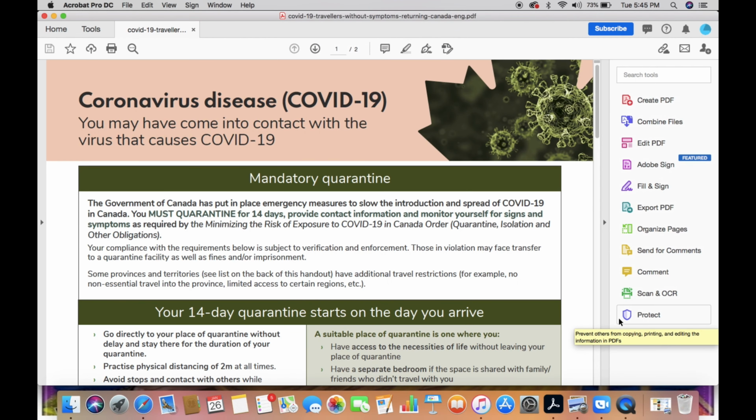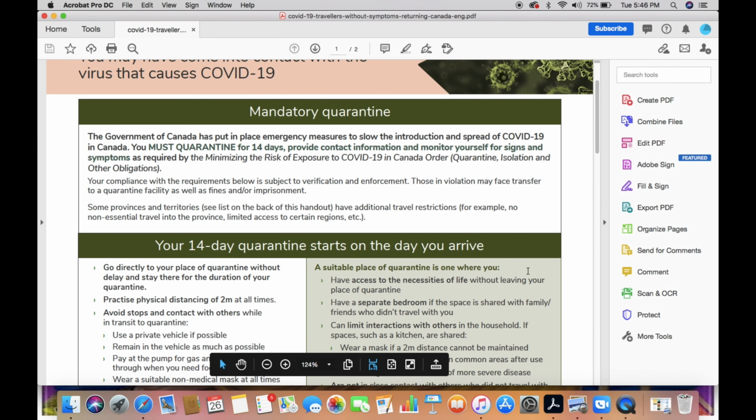Okay, so let's go ahead, and firstly we'll be looking at the really important points and regulations that you need to keep in mind when you arrive in Canada and before you book your quarantine place. I'll be reading these quickly for you guys, and you can also pause it anywhere you want, or you can take a screenshot if you like. So let's go ahead and start with the regulations.